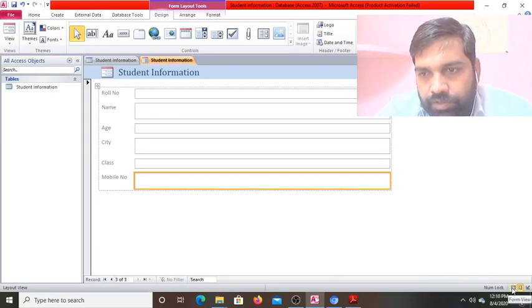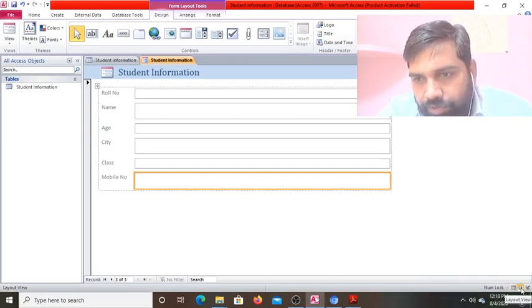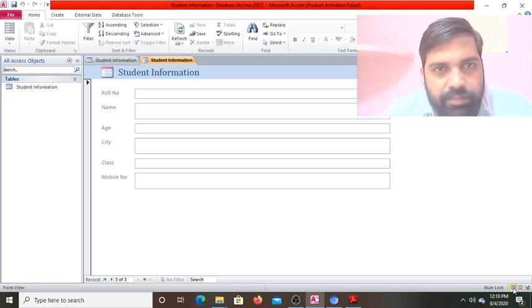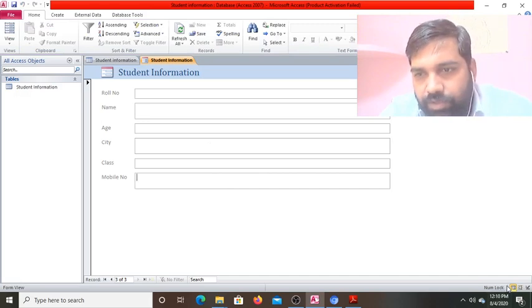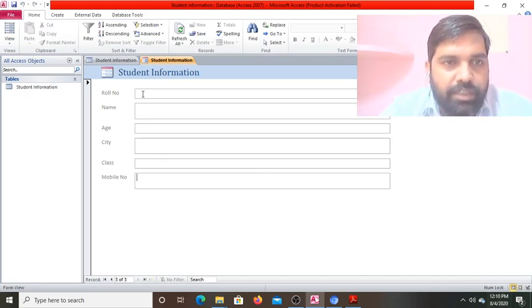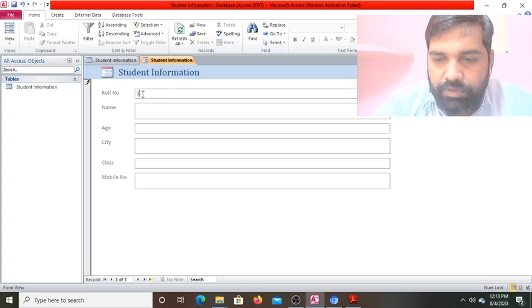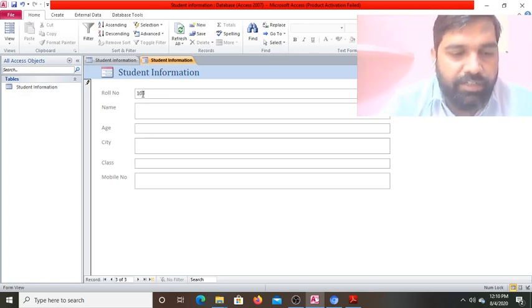Okay, so this is the form view. All you will find here. This is the form view. You have to click on the form view. Now it is active. Now here you can write the roll number 103. Now you can move to the next field, name. You can give, suppose,